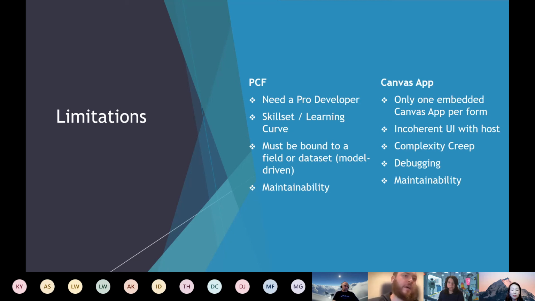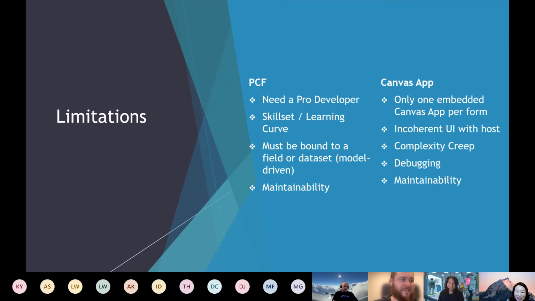No, I suppose with Canvas apps, the maintainability is similar. So embedded Canvas apps, well, they're pretty easy to manage because they've got to go on a solution. They have to go on a form, and chances are administrators are doing that. There is a whole other school of thought and way of looking at Canvas apps just as a whole and how you maintain them and manage them in your organization. And that's like a whole other thing where potentially you make Canvas apps to manage your Canvas apps and flows and all this kind of stuff. And that's under the Power Apps Center for Excellence, if anyone is interested. But happy to move on to the next slide.